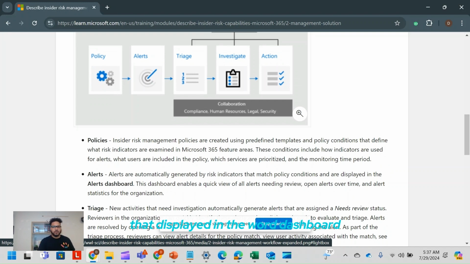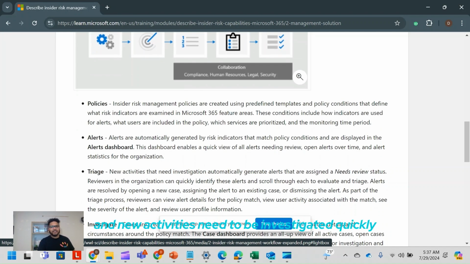the alert dashboard. The dashboard enables a quick view of alerts needing review, open alerts over time, and alert statistics for the organization. How to triage? Right, new activities need to be investigated quickly, and are investigated through automatically generated alerts that are assigned with your need to review status. You can quickly then identify these alerts and scroll through each to evaluate and triage. The result is opening a new case, assigning an alert to the case, or dismissing an alert. As part of the triage process, reviewers can review an alert's details for policy match, the user activity, and the